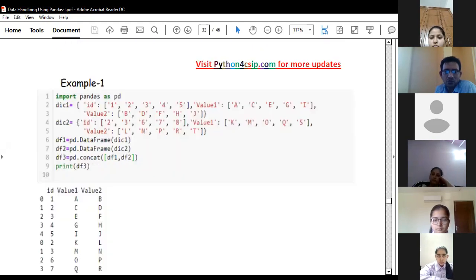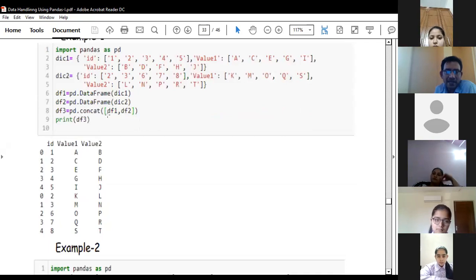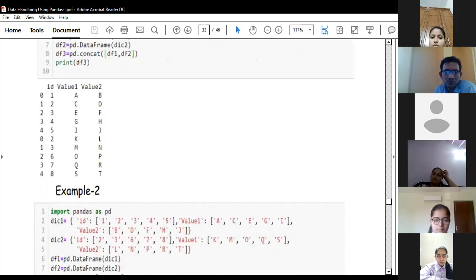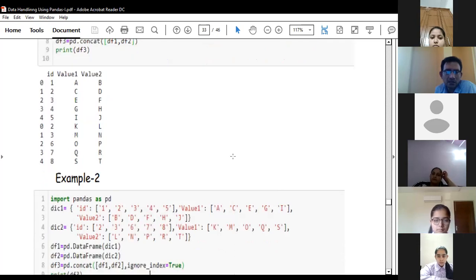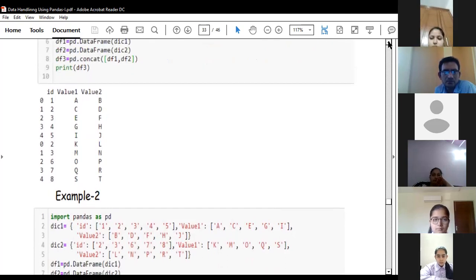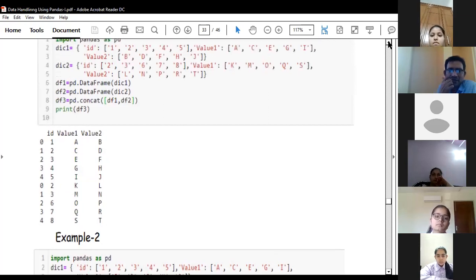So this is the operation, pd.concat with my first object and then the second object. Clear? So this is the output you are getting. The first data frame is concatenated with the second data frame.